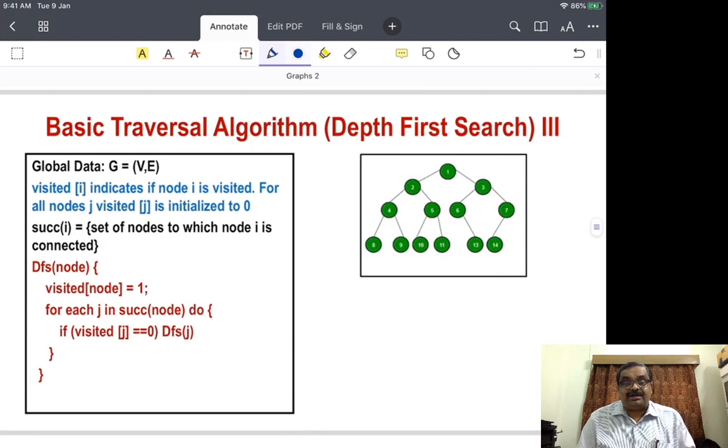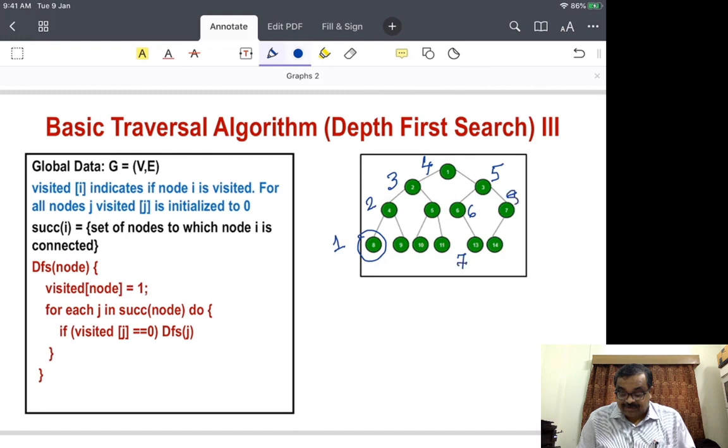On the other hand, if the graph was a tree, and it is a fully connected tree, not a forest, then if we start from here, this will be visited first, this will be visited second, maybe this or this will be visited third depending on the ordering. Say this is visited third, this is visited fourth, this will be visited fifth, this will be visited sixth, this will be visited seventh,